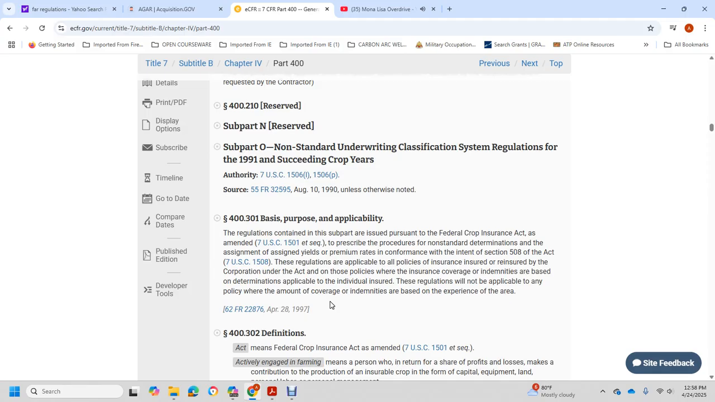Act, as amended, Title 7 of the U.S. Code 1501, prescribed with the premium and rate to conform with the intent of Section 508 of the Act, Title 7 of the United States Code 1508. The regulation is applicable to all of the policies insured or reinsured